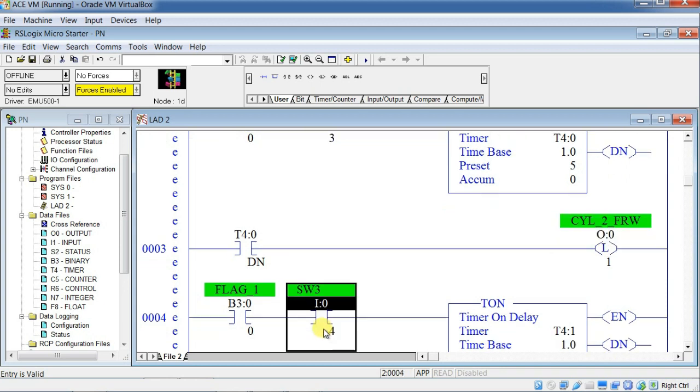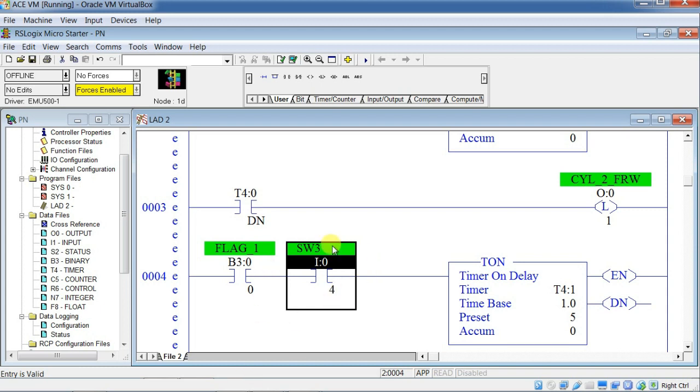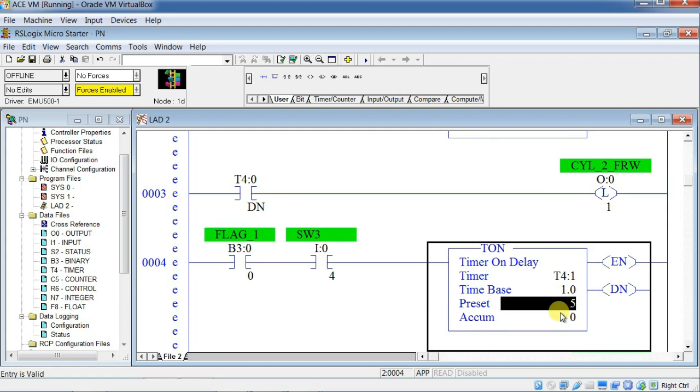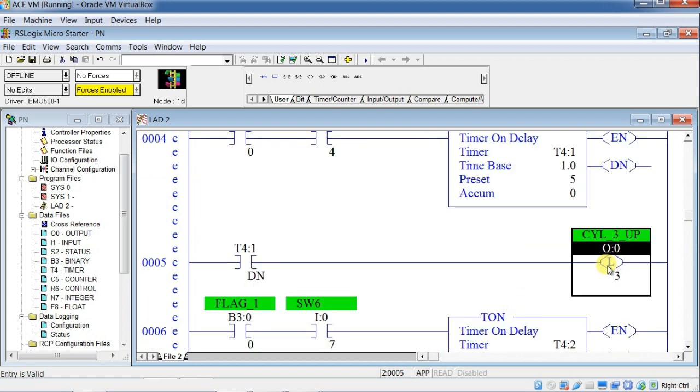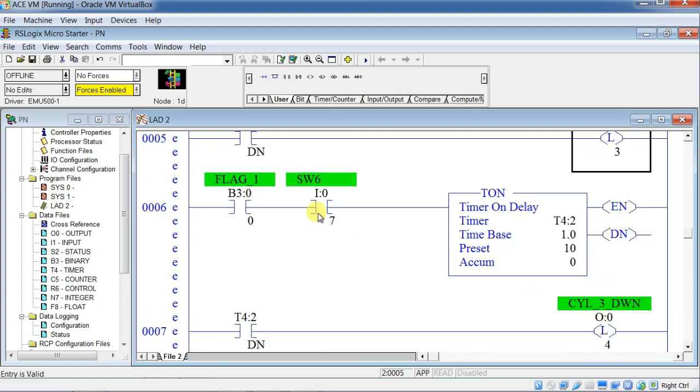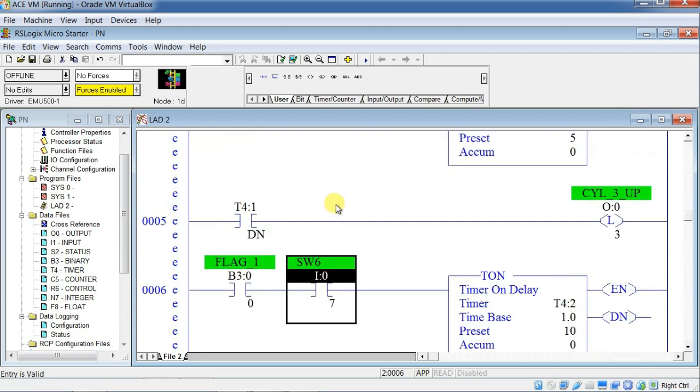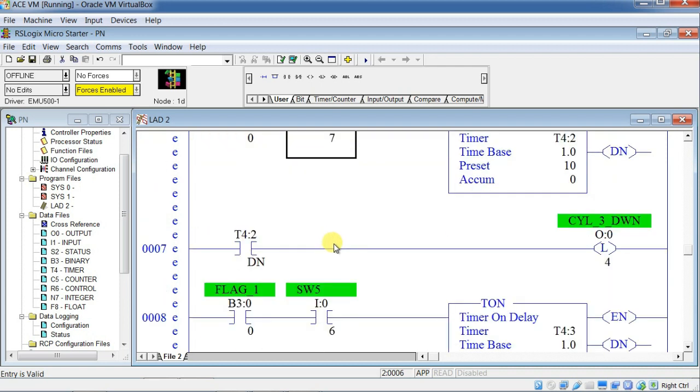Then switch 3 is detected, the forward movement of cylinder 2, then after a delay of 5 seconds, the upward movement will start again, and then switch 6 will detect the upward movement of cylinder 3, then after a delay of